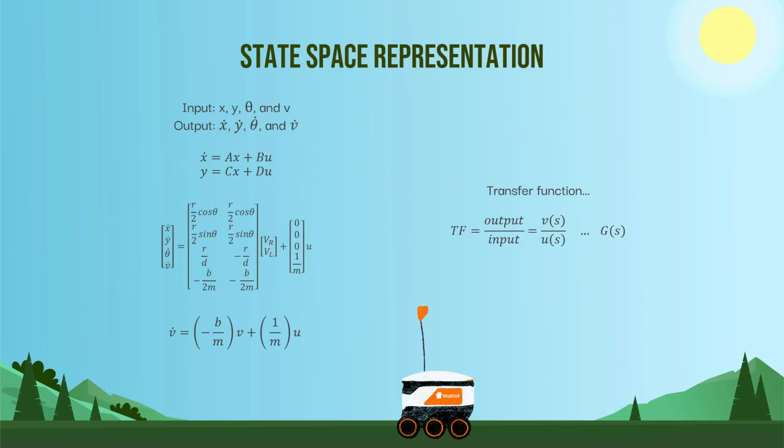Below is the state space representation of the system, where the inputs are x, y, theta, and the velocity. Because the system is nonlinear,